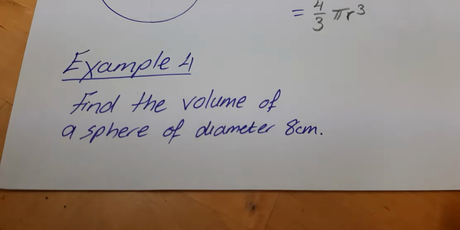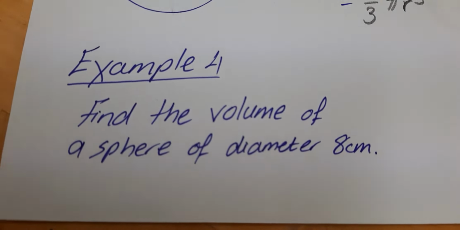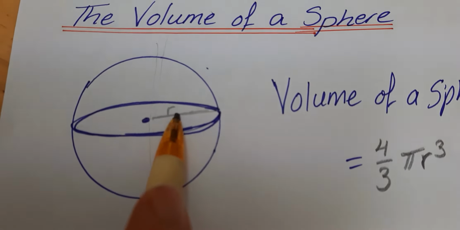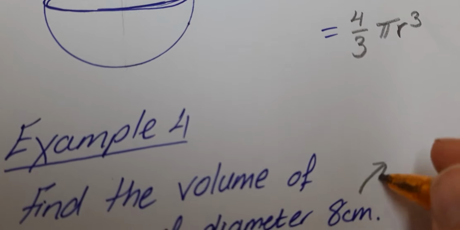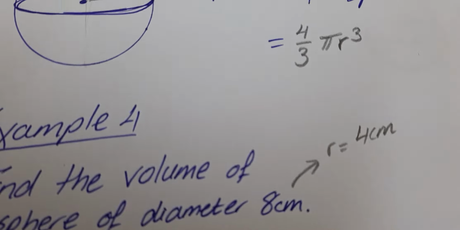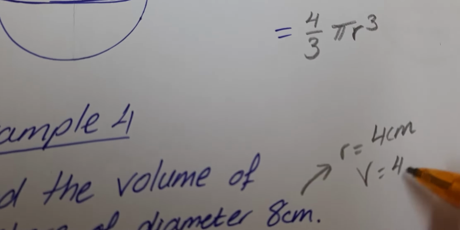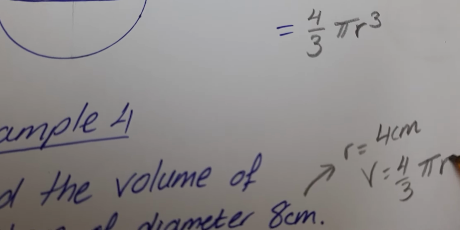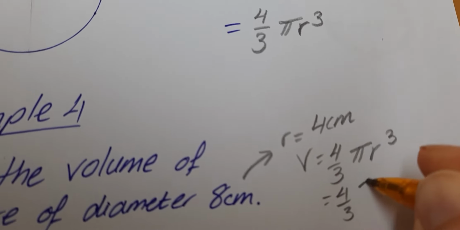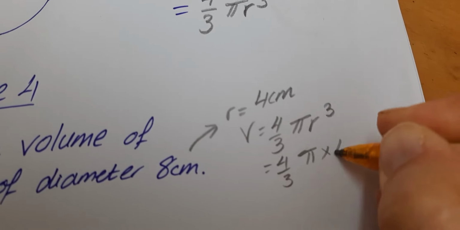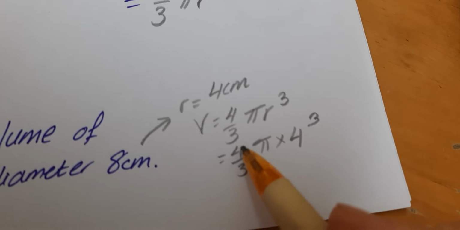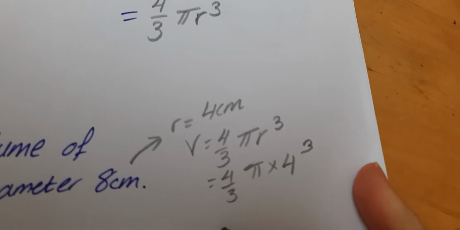Okay, so the next example is asking me to find the volume of a sphere which has a diameter of 8. So right across here is 8, they're telling me, which means that the radius must be 4 centimeters, obviously. Right, so my volume is 4/3. I write my formula first, which is 4/3 pi times 4 cubed. I'll put that into my calculator. I'll put 4/3 times 4 cubed, and it will come to